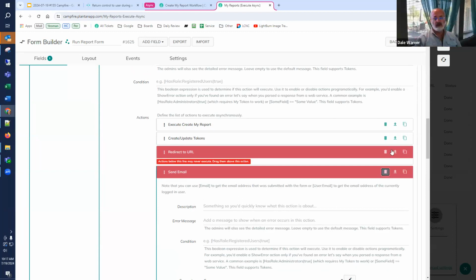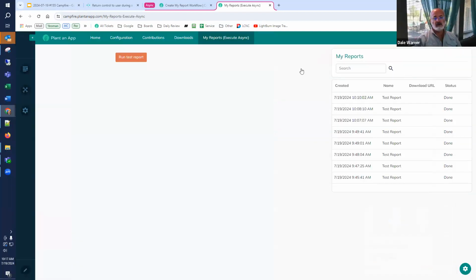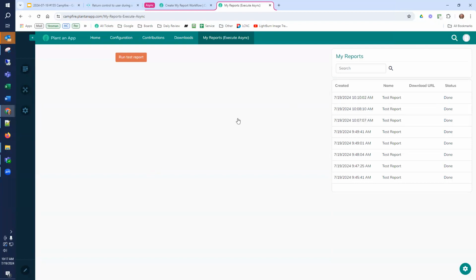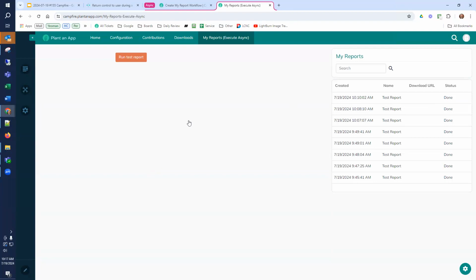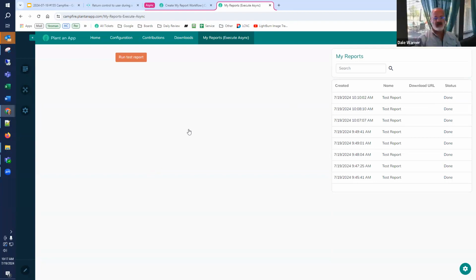In my scenario, where there's a reports table someplace, one of the ways to let a user know would be to use a flag. You could, for example, have a token saying, "Do I have any reports that are done?" And when I do, you could do something with that, like redirect them to the download, but you have to be able to know what path they might be on.